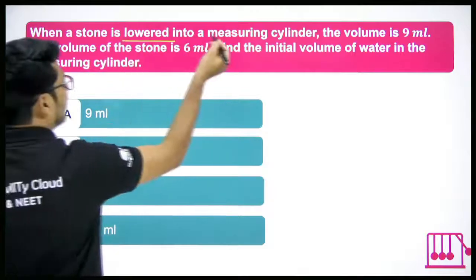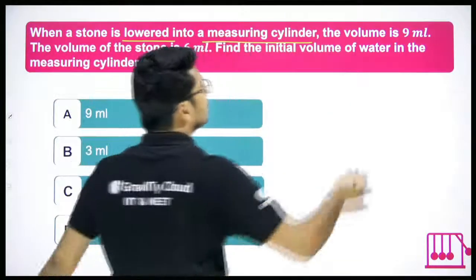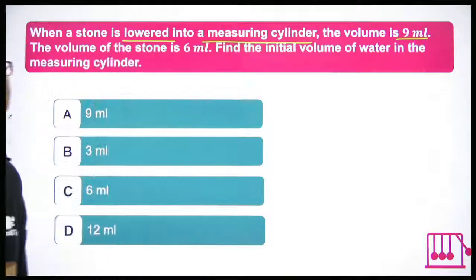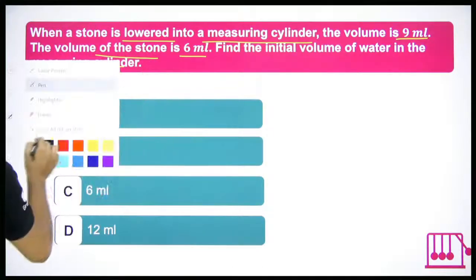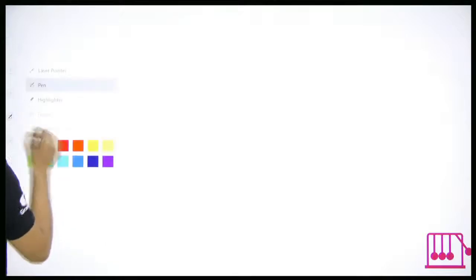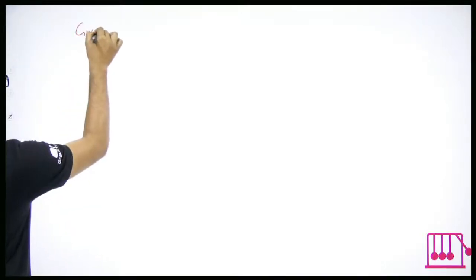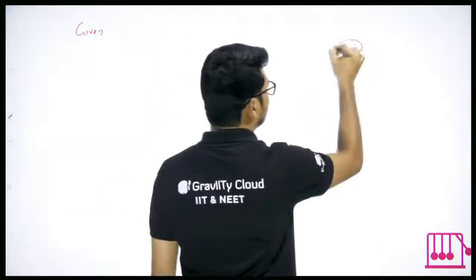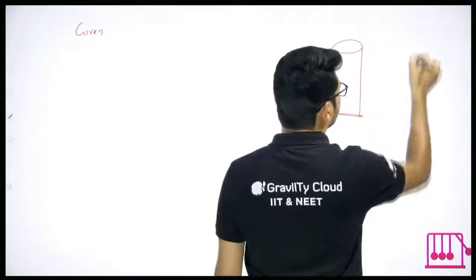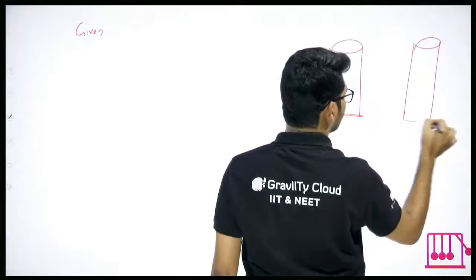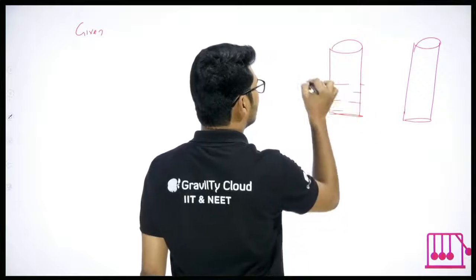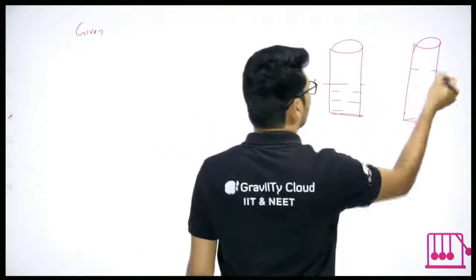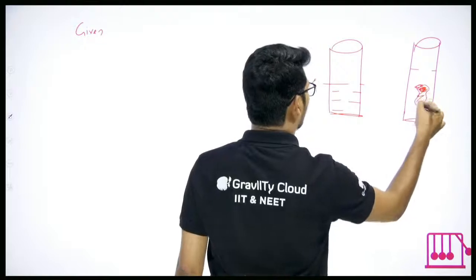When a stone is lowered into a measuring cylinder, the volume is 9 ml. Okay. But the volume of the stone is 6 ml. Find the initial volume of water in the measuring cylinder. Let me do it. Let me first write down the given information. Okay, now let's just try the image. This is the cylinder. Two cases. Here only water, volume V1. Here water and stone,